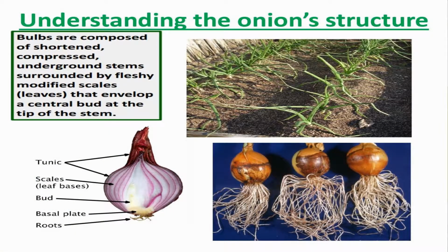You also have to realize the leaves of the onion themselves, the one in the top corner there, are modified leaves. They're not the usual leaves that you would see on your normal crops per se. They're modified, they don't look the same way, they're spiny, they're finer leaves, okay? And by doing this,